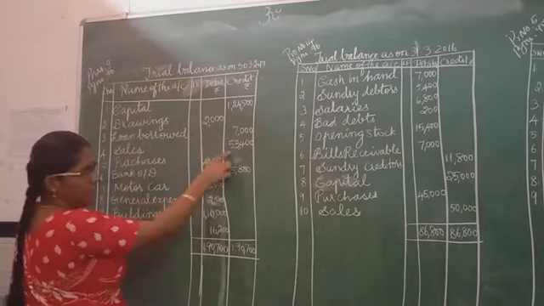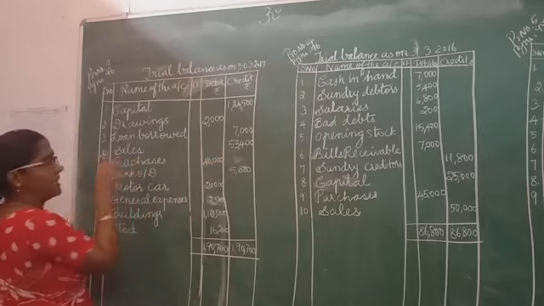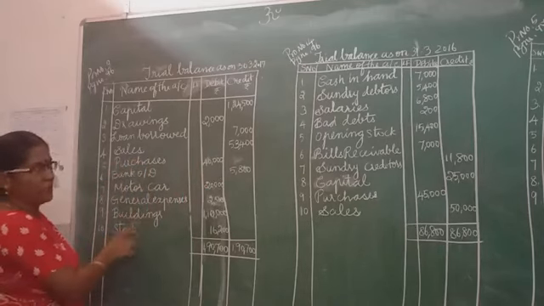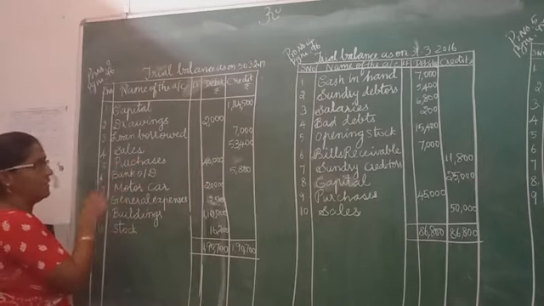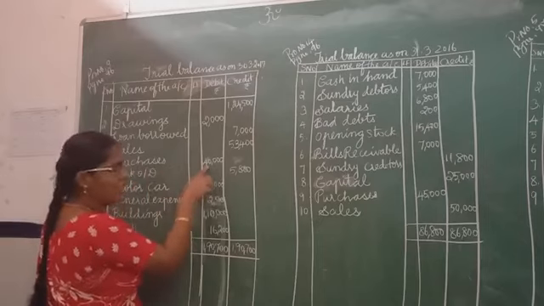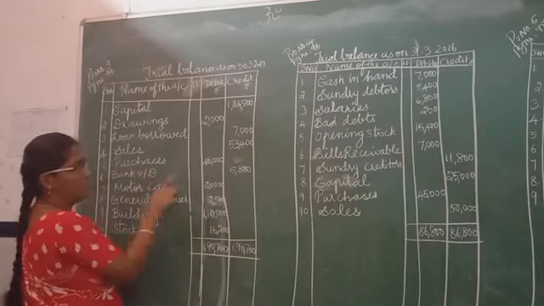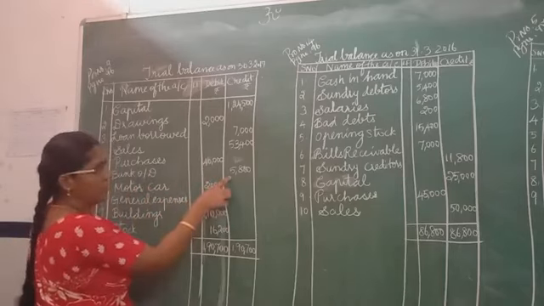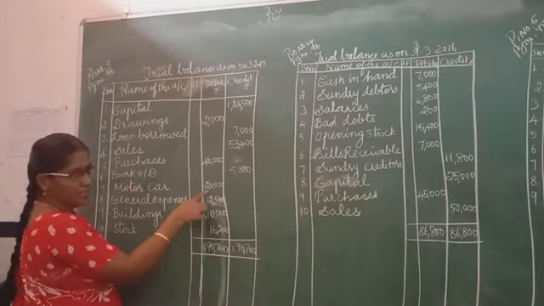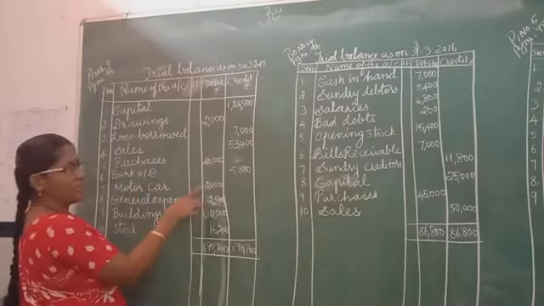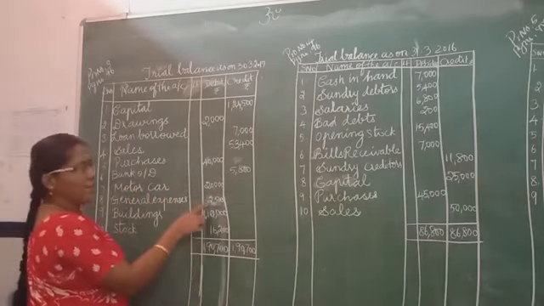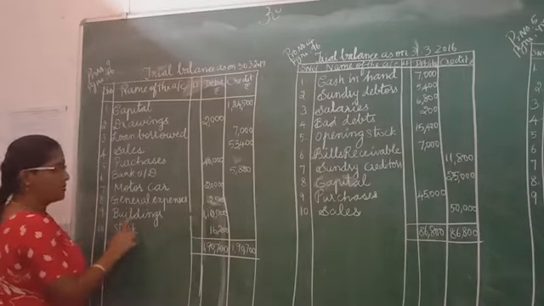Sales also, it is an income, so I have credited. Purchases, see the format. In each and every sum, you can verify the format along with my sums. Then only you can do it easily. Then purchases, this is also an expense, so I have debited. Bank overdraft, what? It is an obligation to pay, so I have credited. Motor car, it is an asset, debit what comes in. All the assets we debit. General expenses also we debit. So I have debited, debit all expenses and losses.